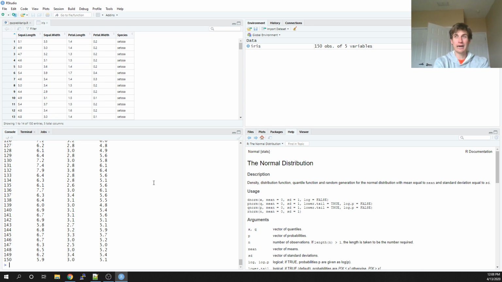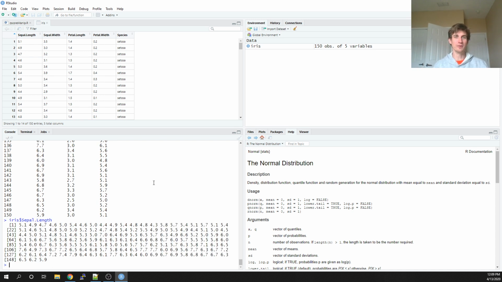So if I wanted to call out a specific column, I may do iris, and then I would pull up the iris data frame, and then if I want to call a specific column, I would do a $ and then that column name. So RStudio is nice, and it's way nicer than R, because once you pull up that $, then it will tell you what column names you could actually pull out. So I'll just pull out the sepal length. I'm going to do the data frame name, a $, and then the column name, and it's going to give me the same information